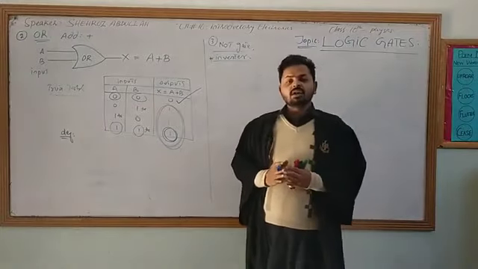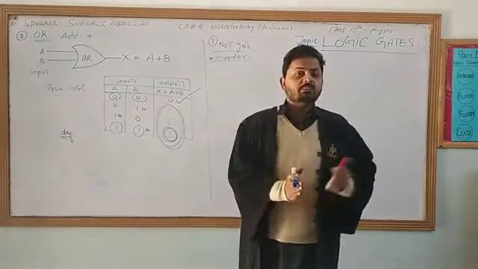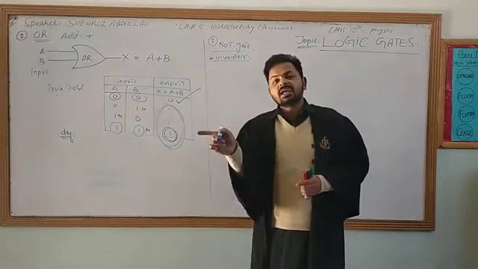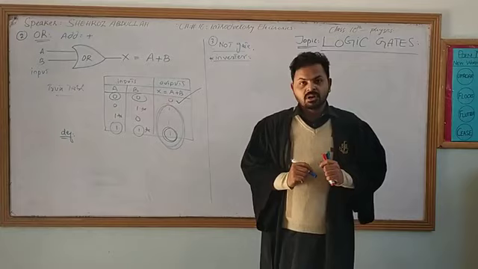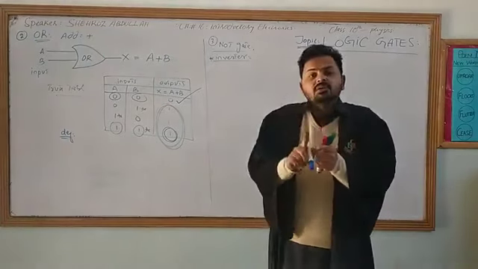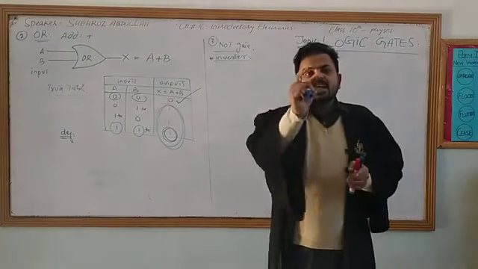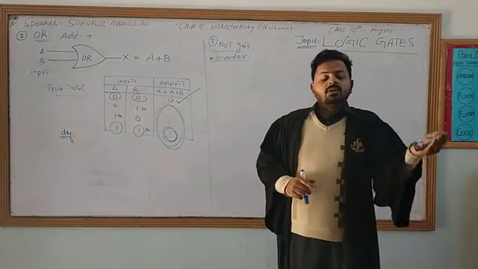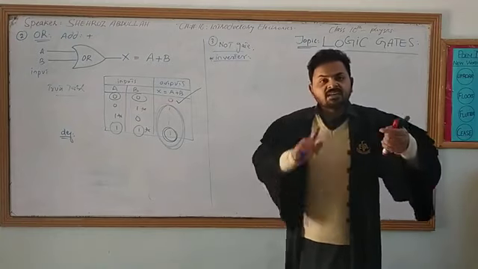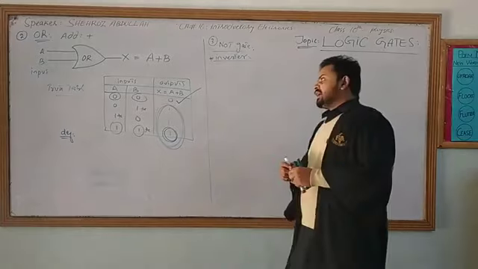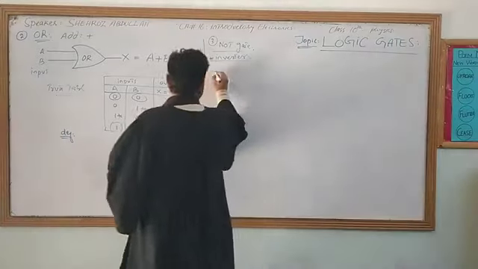The basic function of the NOT gate is that whatever input you provide to it, it will produce the output exactly opposite of the given input. Whatever input you provide, it is definitely going to produce the output exactly opposite of it. Like how? Look,